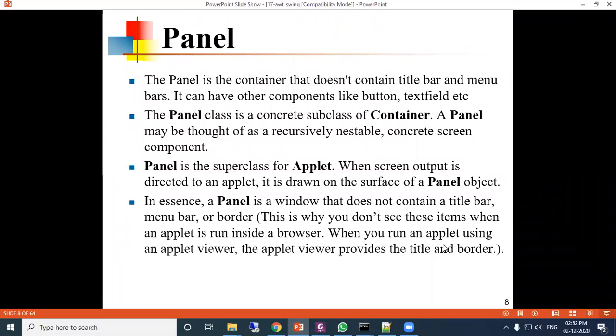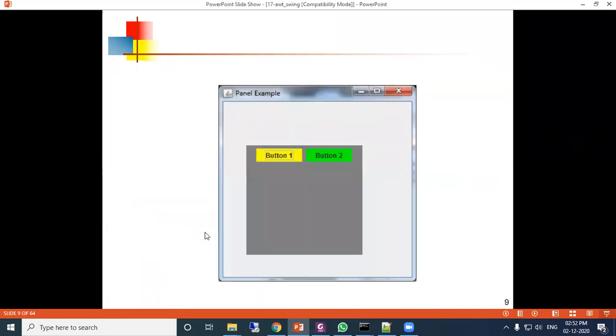When you run an applet using an applet viewer, the applet viewer provides the title and border, but the applet does not have this because an applet is a panel. So see the screen, this is your panel.